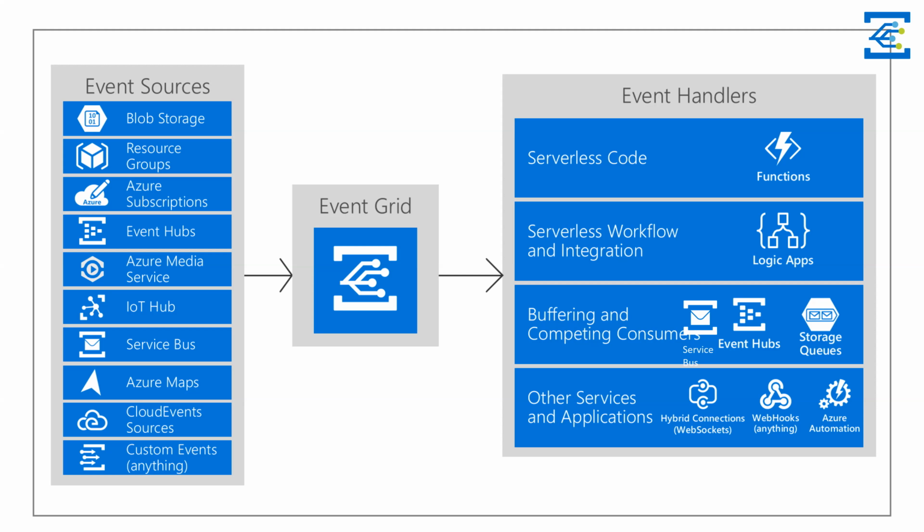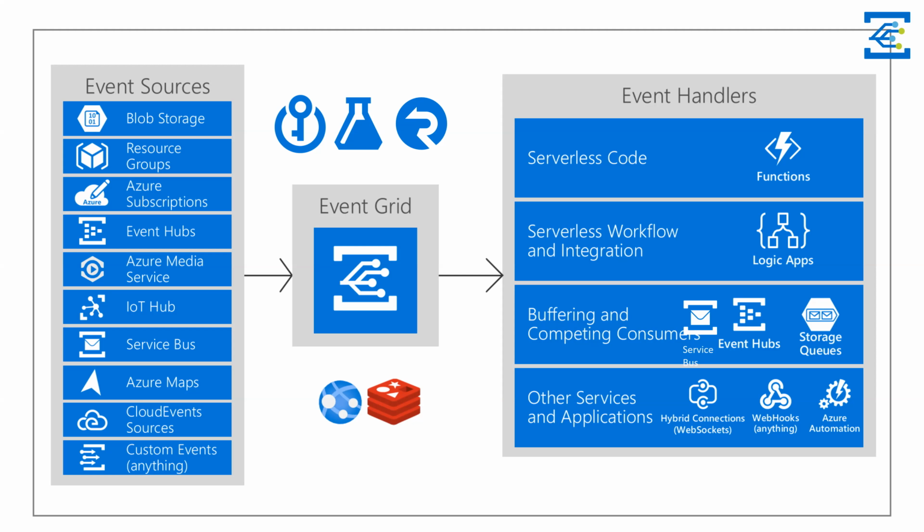And other applications and services, including the simplest thing, webhooks. So anything that can execute a webhook can become a subscriber to Event Grid. Okay. Now, Event Grid is a fairly new service. There are continuous additions coming. For example, Key Vault was added recently, Machine Learning emits events now as well, and Azure SignalR. And in preview, as of recently, Azure App Service, the web apps, and Azure Redis Cache.